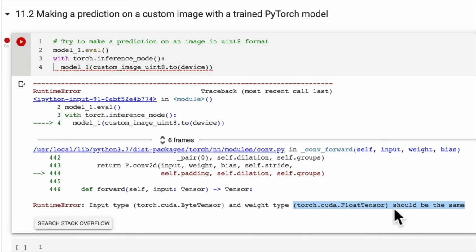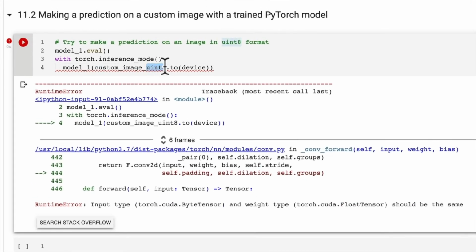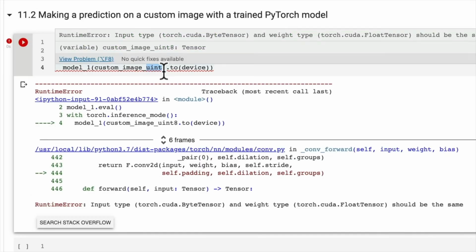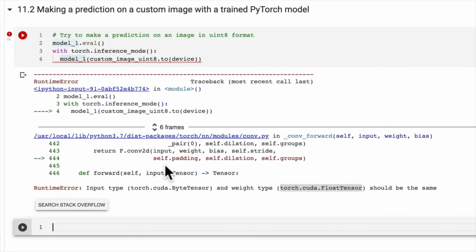So we've got torch CUDA float tensor. So we've got an issue here. We've got a uint8 image tensor trying to be predicted on by a model with its data type of torch CUDA float tensor. So let's try fix this by loading in the custom image and converting it to